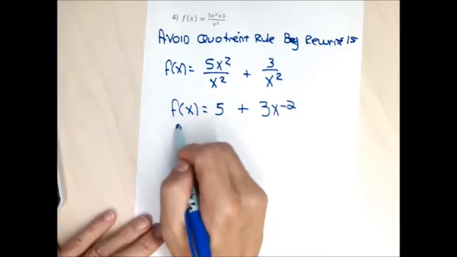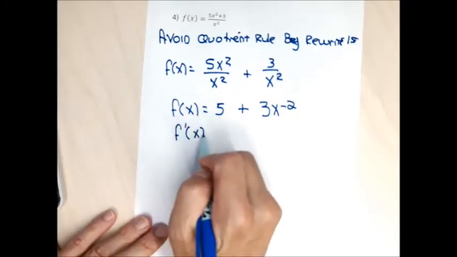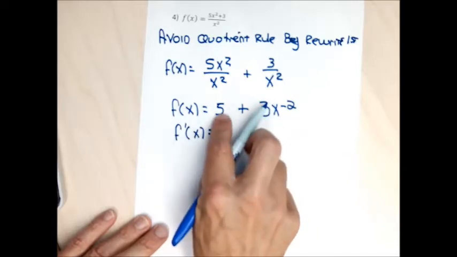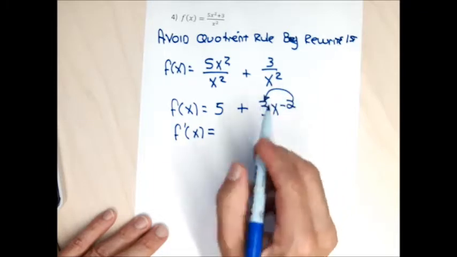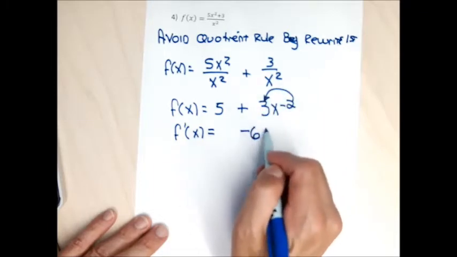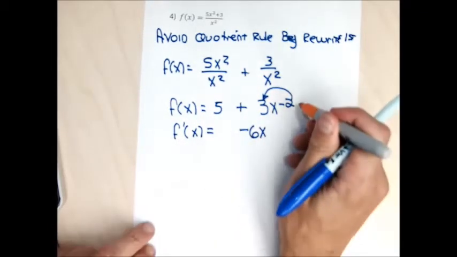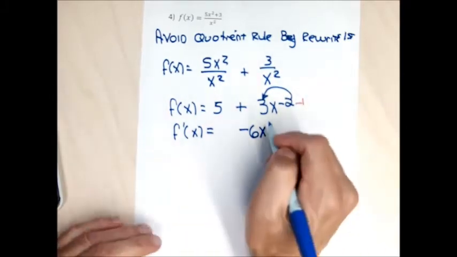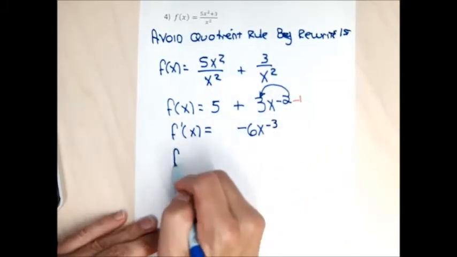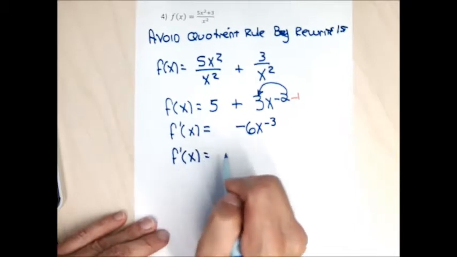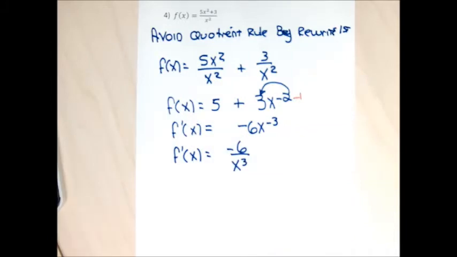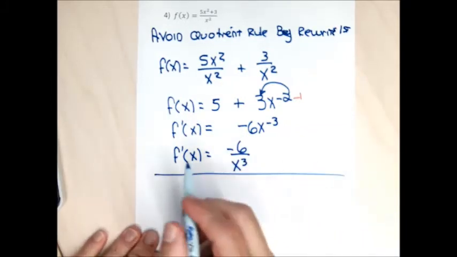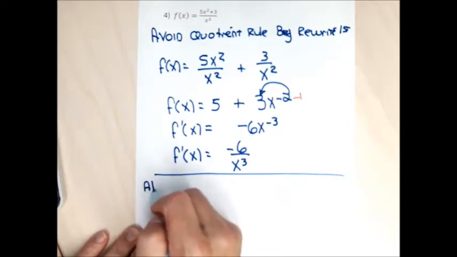Now I can write the derivative symbol and actually take the derivative. The first piece has a derivative of 0 because it's a constant. The second piece, I'm going to multiply the negative 2 times 3 and get negative 6, and lower the exponent by 1 and get negative 3. And now I'm going to make the negative exponent positive by creating a fraction that has that term buried down in the denominator. I think that's the better way to do this, but the alternate way